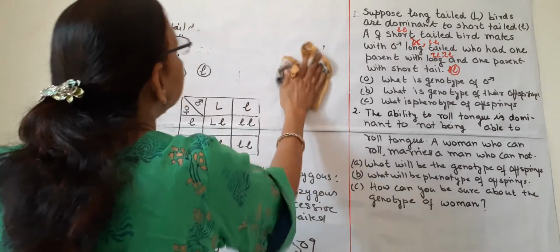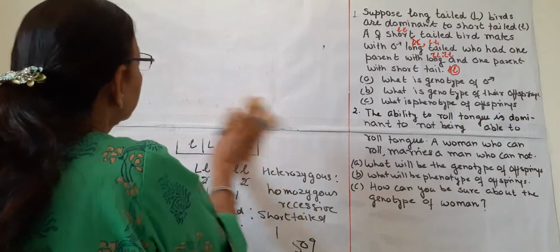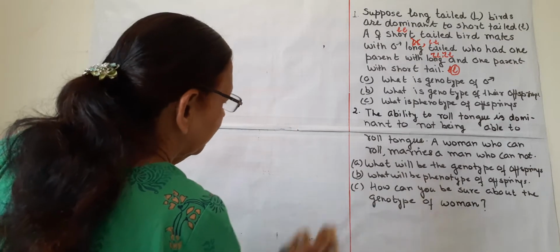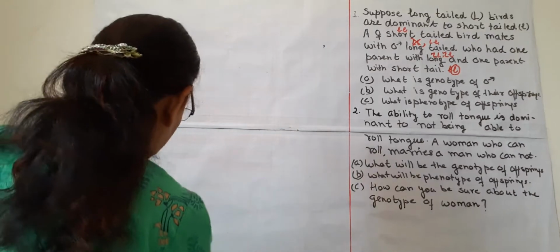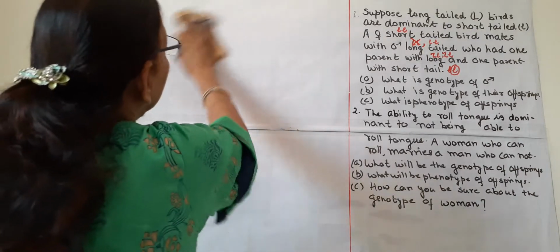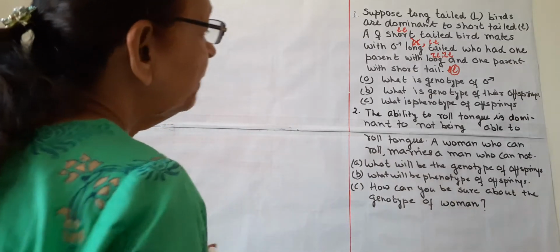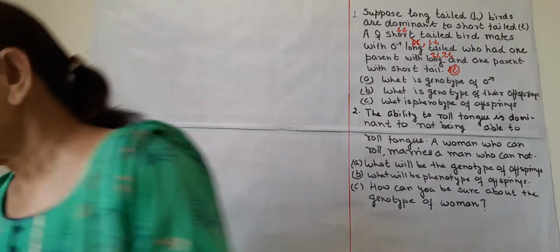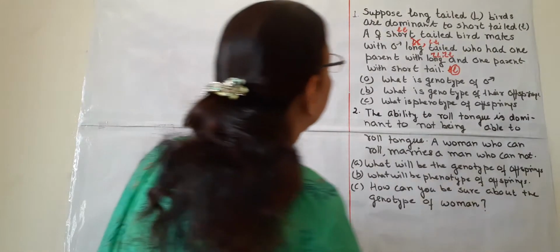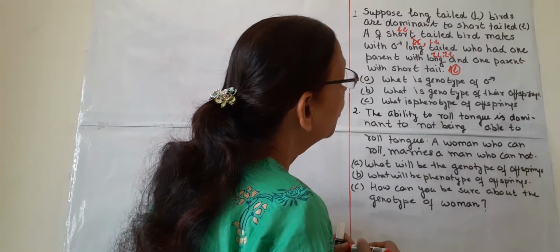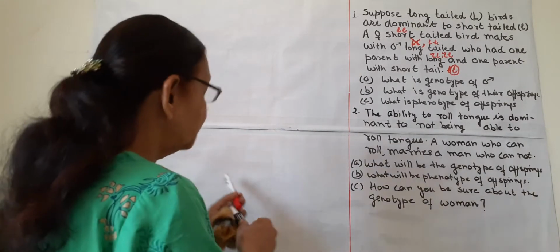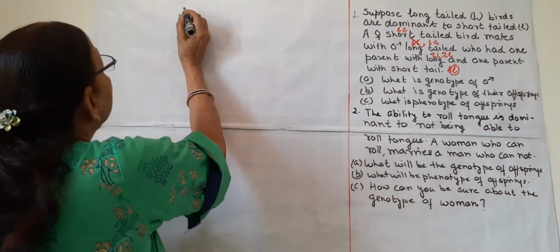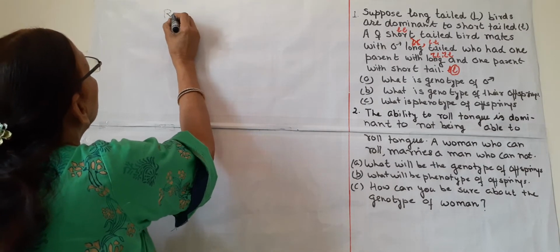Now coming to the second, read it out. We should read it carefully and we can know the genotype and phenotype is given normally. Genotype we will know here only in the question. The ability to roll tongue is dominant to, we will write here, rolling tongue